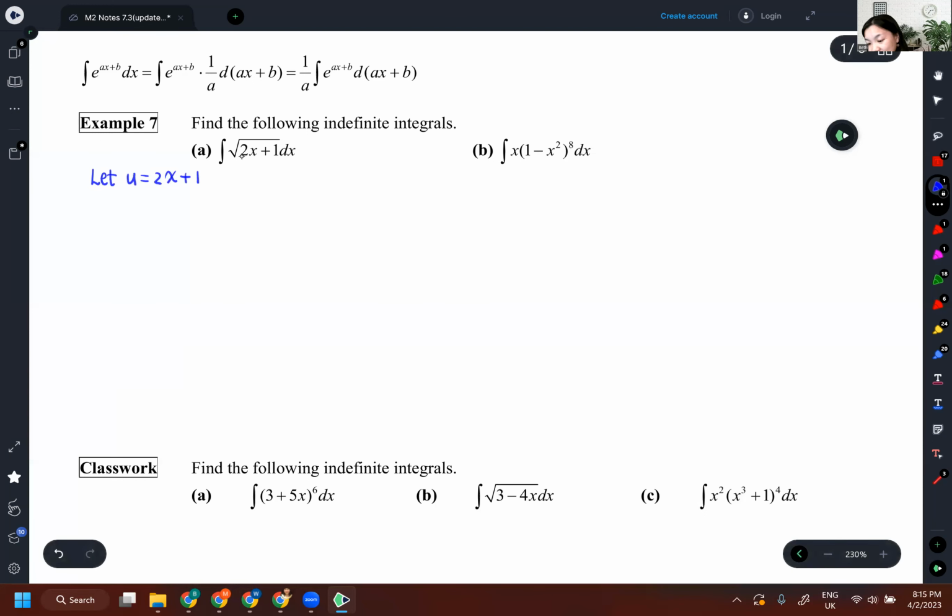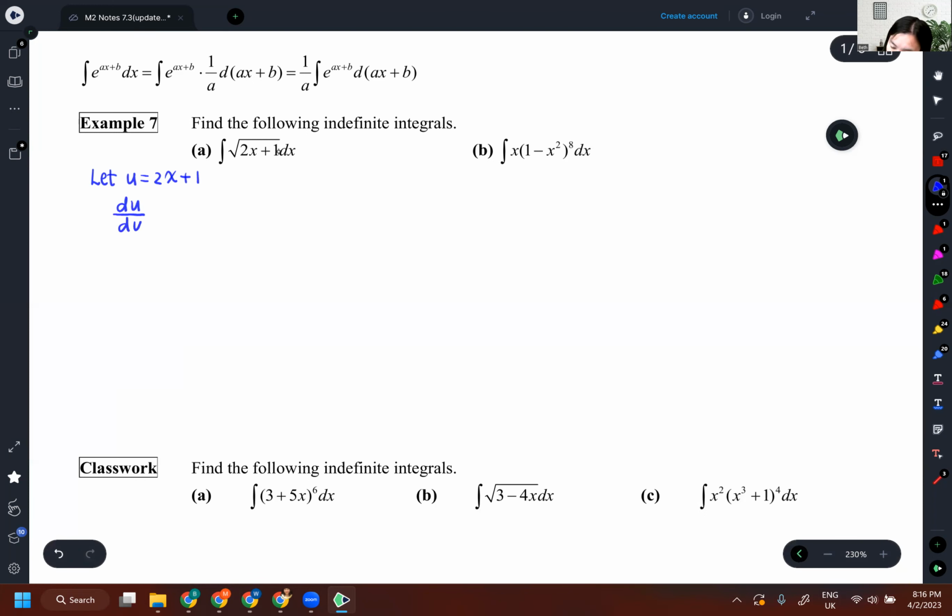Now, so that you can see that the function can be changed to a function of u directly, because this will be root u. However, here dx, this dx has x in it as well. So what you do is you must change dx to du, but dx is not equal to du. They're not equal. Now you need to work it out through differentiation, work out the relation between u and du and dx. And this is how you do it. You can use the substitution you just created, and then you try to find the